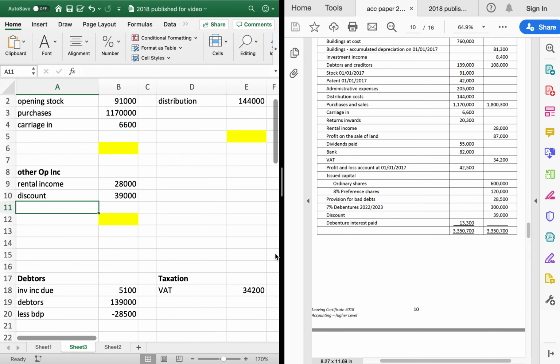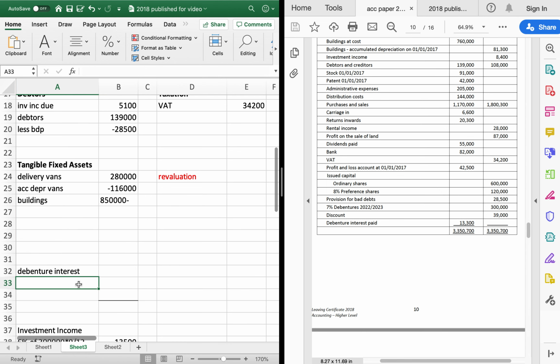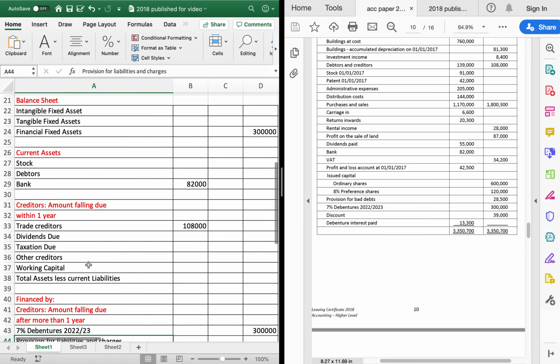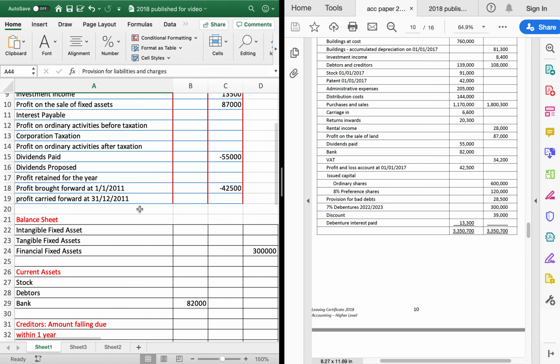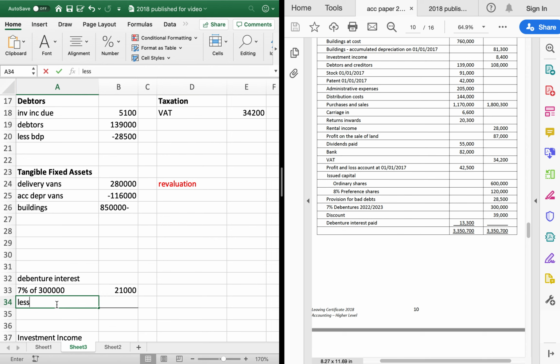And debenture interest paid, used to work out debenture interest due. So I'll do that working now. Your debenture interest is 7% of 300,000, which is 21,000. Okay, so that'll go in my answer for interest payable, minus 21,000. And then your debenture interest due. So you've paid 13.3. So that means you've still got to pay 7.7. Okay, so debenture interest due,